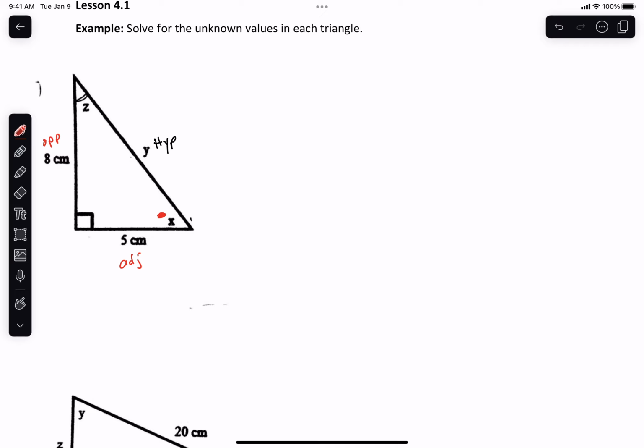And what do we have at our disposal to find side lengths in a right angle triangle specifically, Dylan? We have the Pythagorean theorem. What the Pythagorean theorem says is, when I sum the squares of the two side lengths, the legs of the triangle, it gives you the hypotenuse squared. Remember, I'm using the capital letters to represent the angles and the lowercase letters to represent the side lengths. In this particular triangle, the Pythagorean theorem is going to say